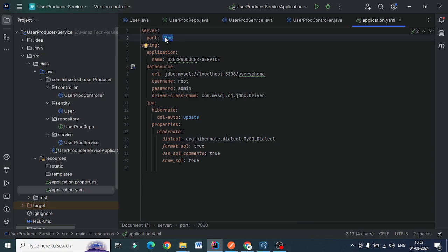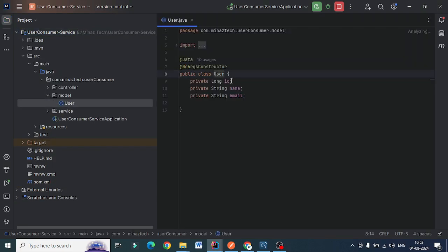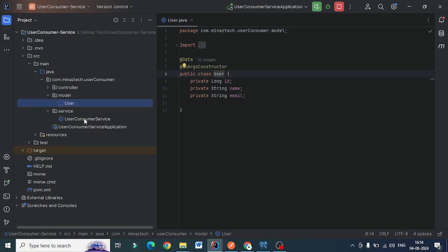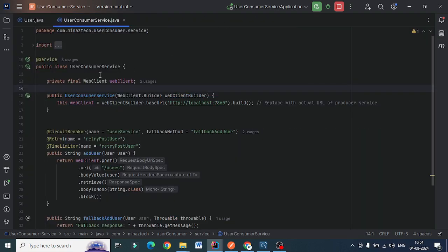Now let's go to user consumer and see what I have done. In user consumer service, I have created a model class which takes the same parameters: ID, name and email. Now coming to service, in the service class I have created my web client where I will be calling my 7860 port, which is user producer service, and I have written